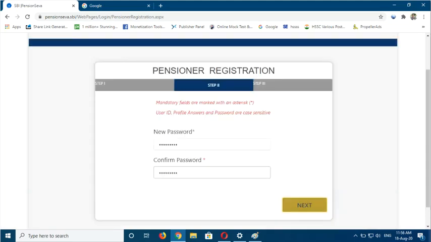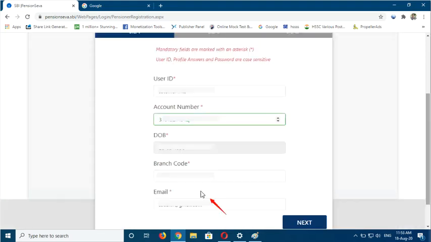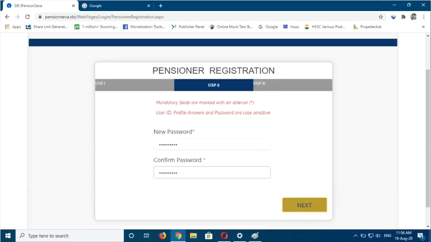And you have to also fill the email address, because without filling the email address you will not be able to use this service and activate the service. After that, you have to click the next button. After clicking the next button, you will be given the option to create a new password. Your new password should be unique and it should be remembered to get login.